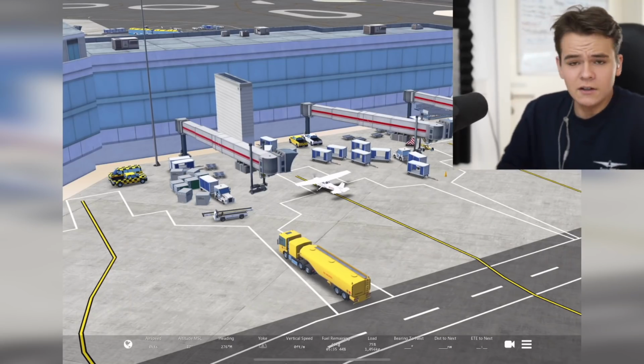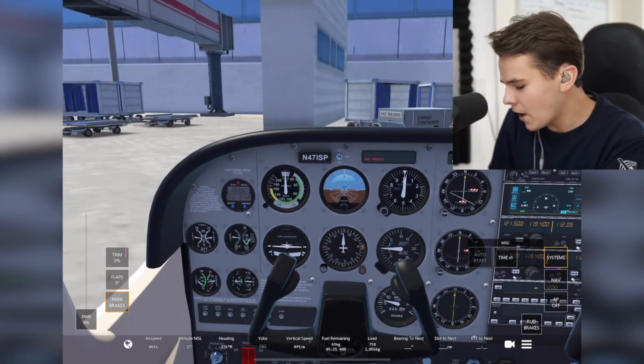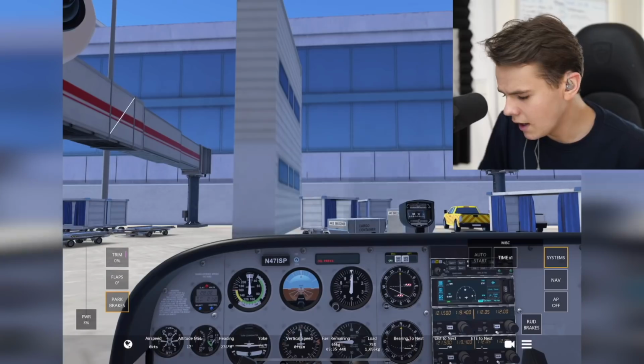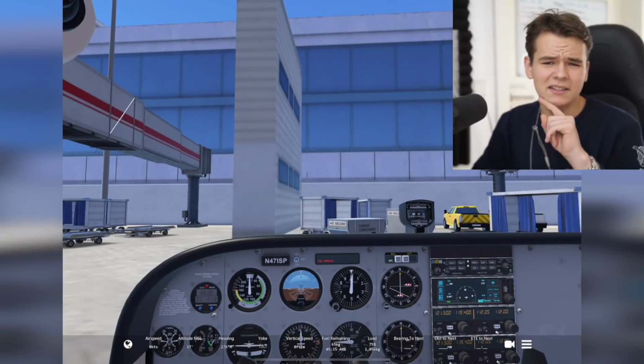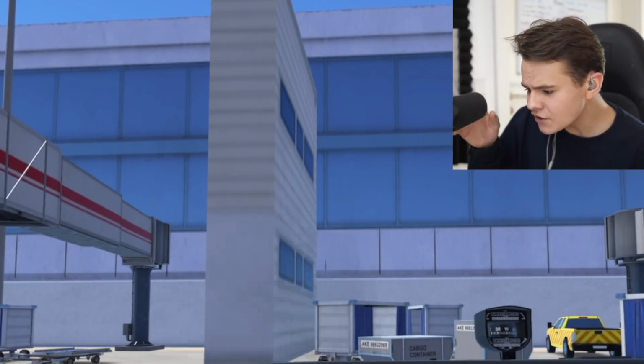And over the years, they have also greatly improved. They have now added global flying, live cockpits to most planes here. As you can see, the Cessna has it too. The only thing that's missing, though, is the interactiveness of the cockpit. But I'm guessing that's gonna come soon, because they have added something new, very obviously, and that is 3D buildings